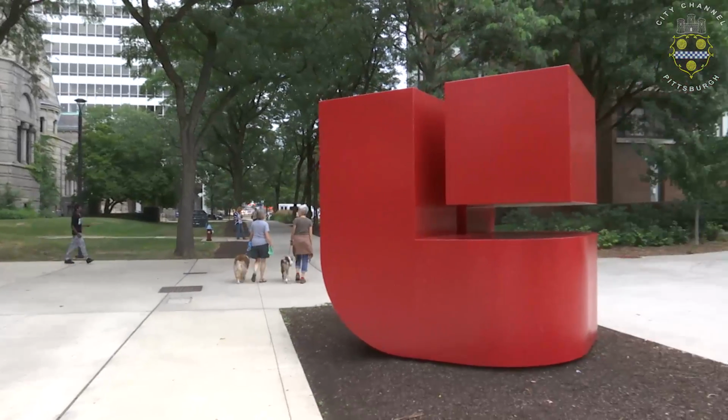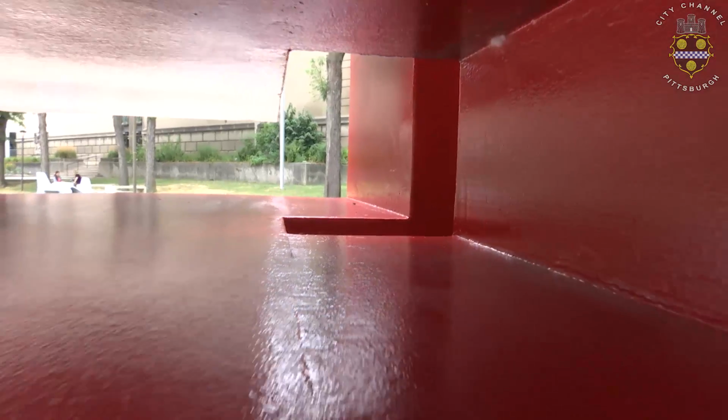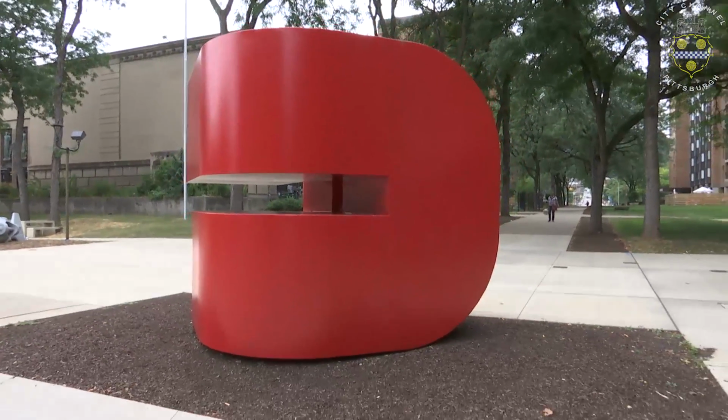Well, you have to recognize that this was done at the time when minimal art was really a big thing. Today, people look at it and probably say, yeah, my kids can do that, but it was at a time when minimal art was being produced nationally and internationally. And I always had a sort of a personal challenge to prove that it can be done